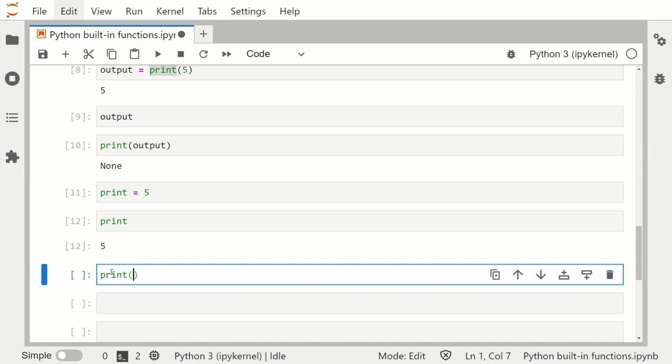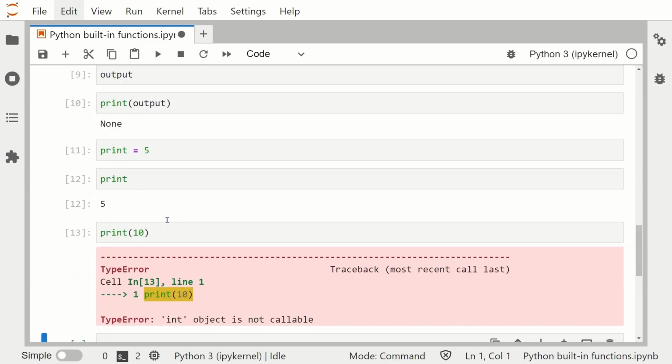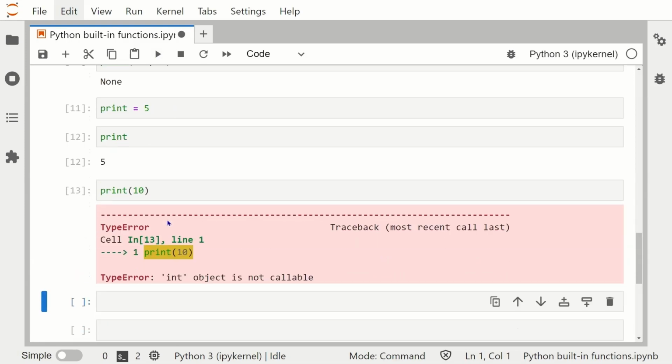And let's try to print 10 to the screen. Okay, yep, we get an error there because now this is no longer a function. This is a variable. So keep this in mind. Always try to avoid naming anything the same as the reserved names in Python. So check for that color change or any style changes there.